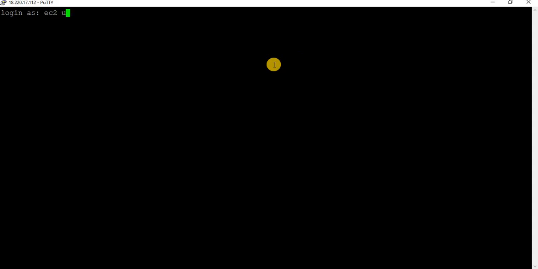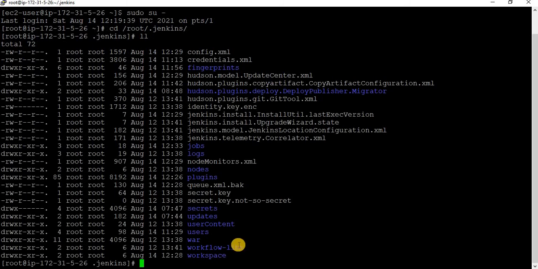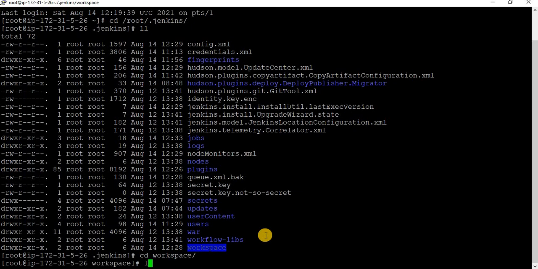ec2-user, sudo su. Where we have this Jenkins stuff, root, .jenkins, ll. You can see one folder is workspace. Get into the workspace and do ll.